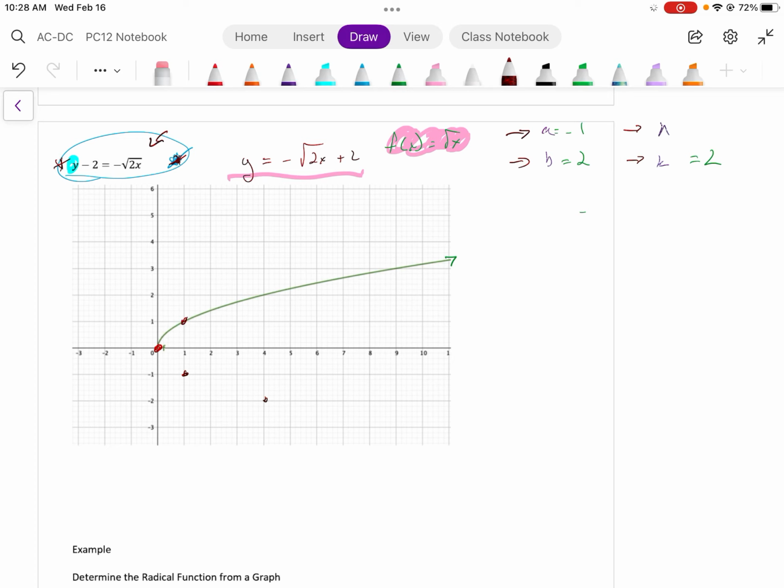So I take my points. I'm going to write functional notation here. y is equal to the square root of x has point x, y. So this is my image point notation. Now y is equal to negative square root x. I have point x comma -y. So that is, I'm taking this point right here, 1, 1. I'm going to multiply the y values by -1. This point 4, 2, I multiply the y values by -1. And this is what I have